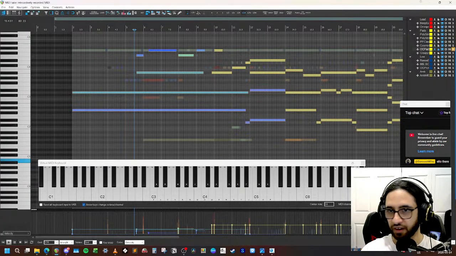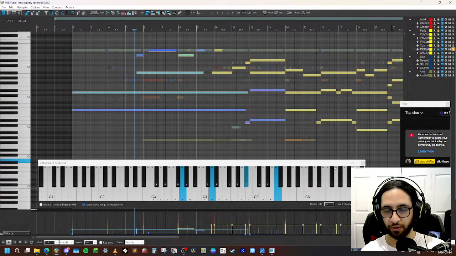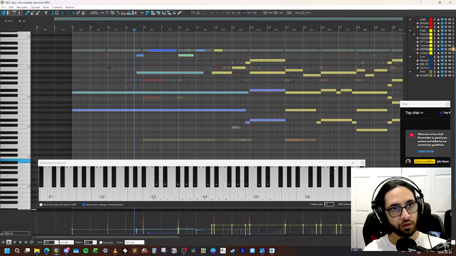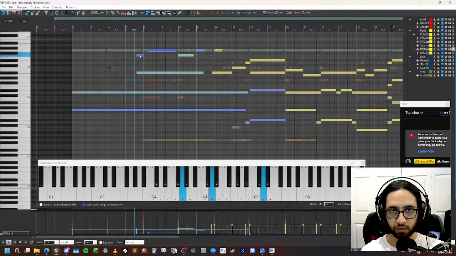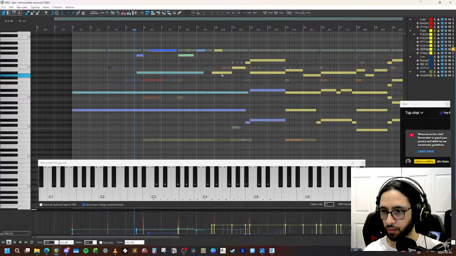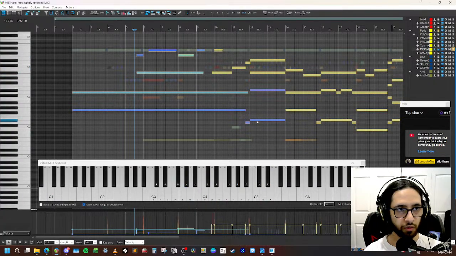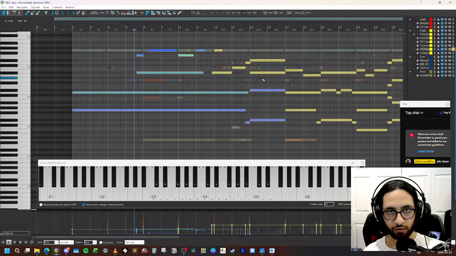I just had my audio output way too low. But anyway, so this is the chord it starts on. It just kind of goes back and forth, or just stays on that, and then it goes to this other chord, which is an E flat.